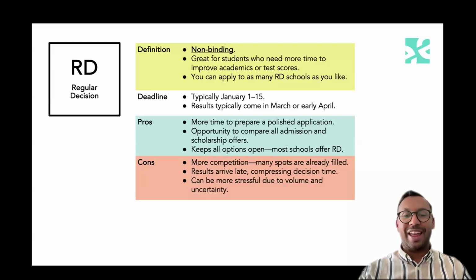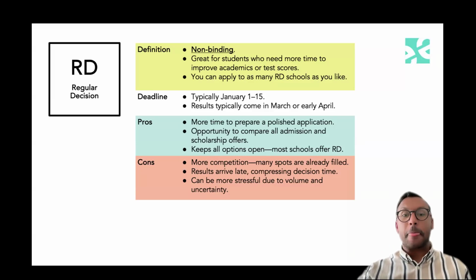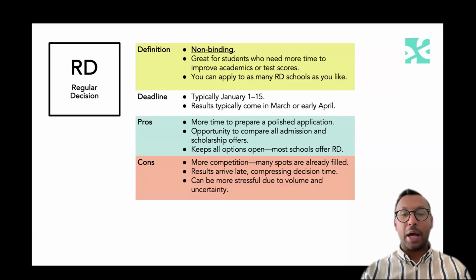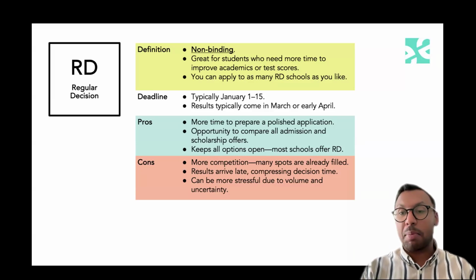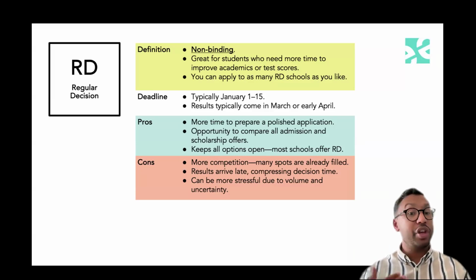You also, again, have that option of reviewing the different offers that you might receive, and perhaps the school that you really want to go to had an early decision round, but your application wasn't ready, and so you can move that to regular decision. That's a really good strategy that I've seen students use in the past. Perhaps you wanted to boost your academic performance, and so you're waiting for that mid-year transcript in your senior year in order to apply. The cons, of course, is that it's a lot more competitive.